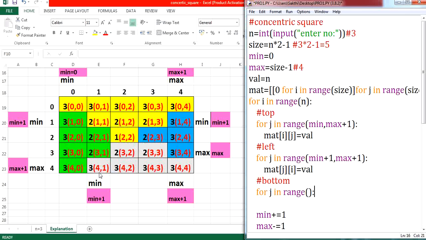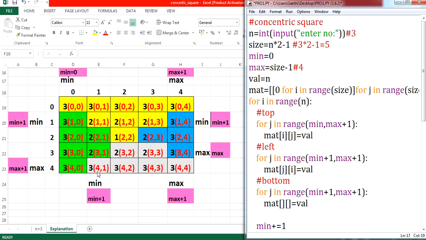You can notice that my start value is starting with index position of 1. So we are supposed to mention min plus 1 as my start value, and as we know that what is our end value? End value is 4. 4 in the sense max plus 1 is your end value. Clear? And next, what you are going to do now? The same way we are going to assign value for it. How we are going to assign?